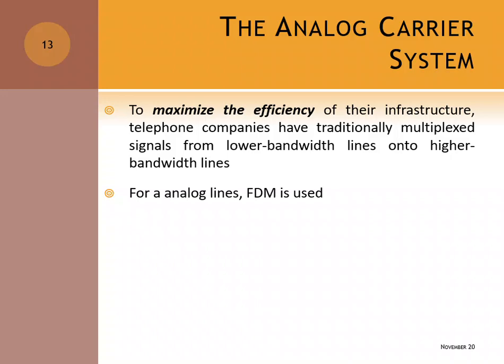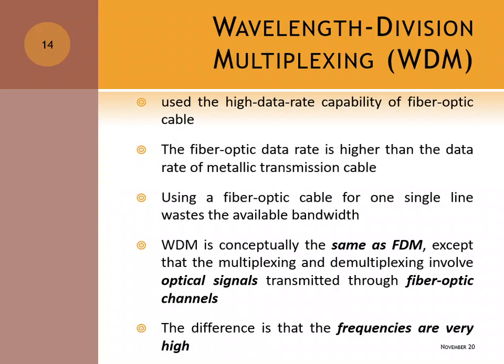Okay, next we move to WDM. Okay, still for analog, but this one uses the high data rate capability of fiber optic cable. The fiber optic data rate is higher than the data rate of metallic transmission cable. Kalau FDM tadi dia digunakan dengan metallic cable. Okay, jenis-jenis kabel ni kita akan belajar